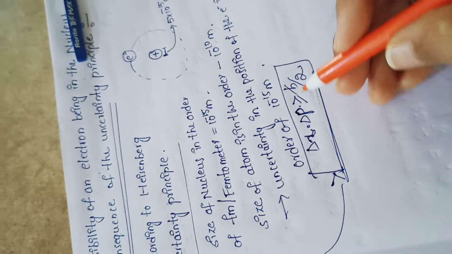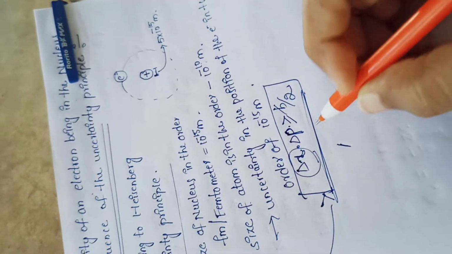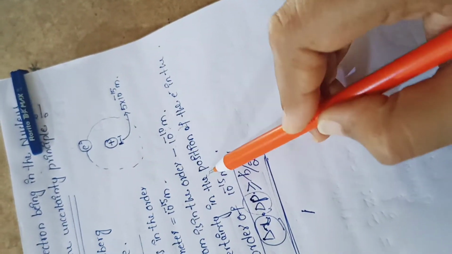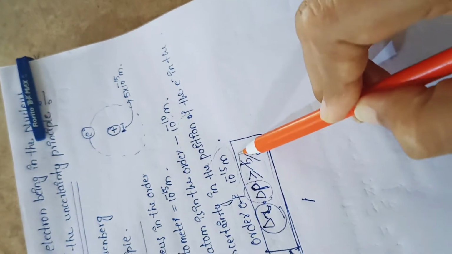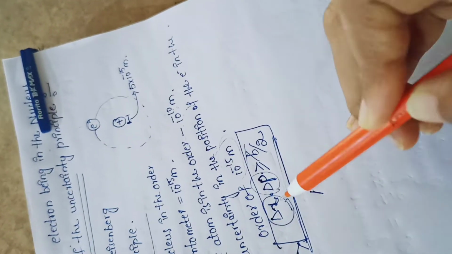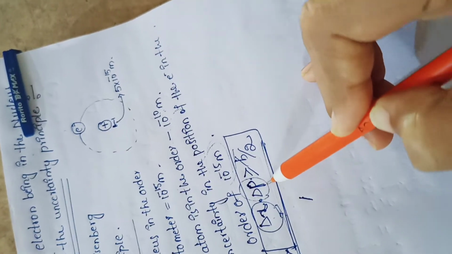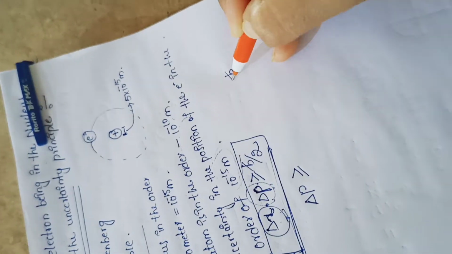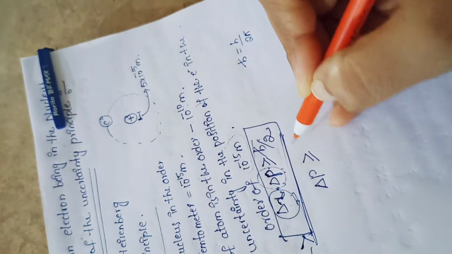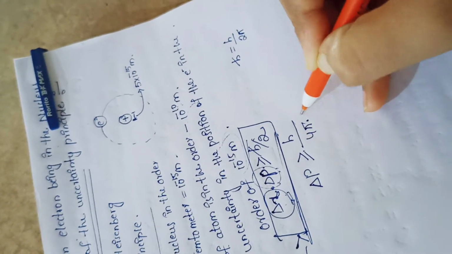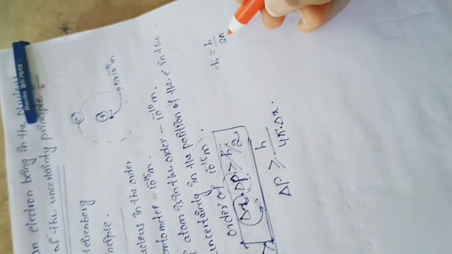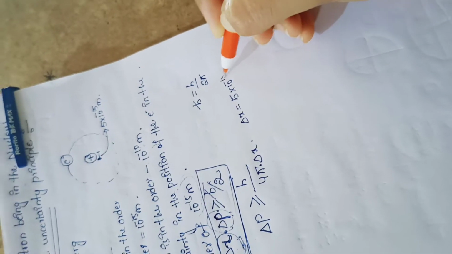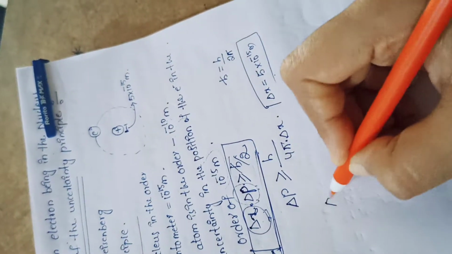Now I am going to take delta x to the right-hand side, because I want to calculate the momentum. I already have the position of the electron in the order of 10 to the power of minus 15. Now I substitute the value of the position in this equation, then I will get the value of the momentum. So delta p is greater than or equal to h cross, which is h by 2 pi, so h by 4 pi into delta x. What is the value of delta x? Delta x is 5 into 10 to the power of minus 15 meters. Substitute all these values in the above equation.